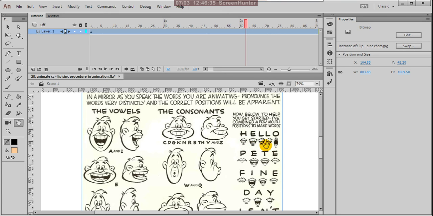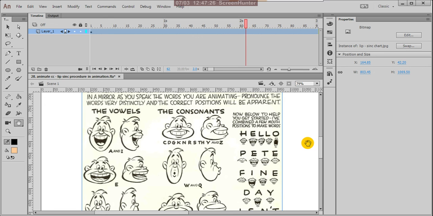So after H and E you can add A, and after that you can use O. After saying hello, the O is held for a few seconds, so this O mouth you can extend up to 4-5 or 6 frames, up to where the hello is dragging.